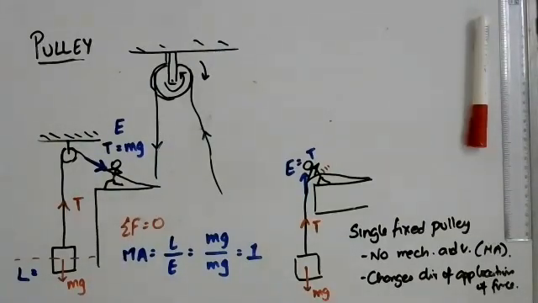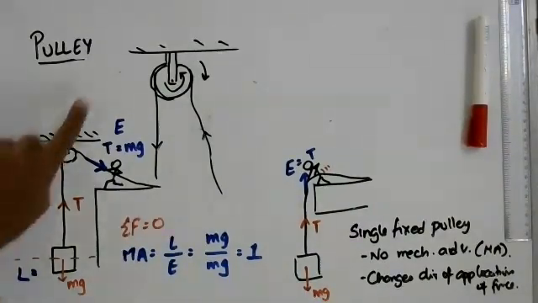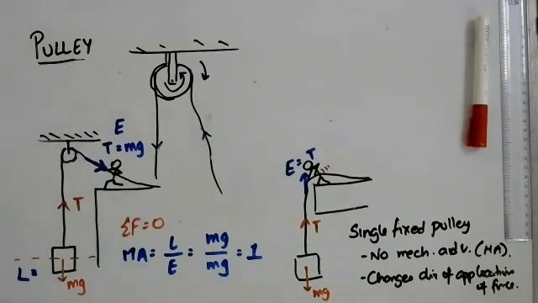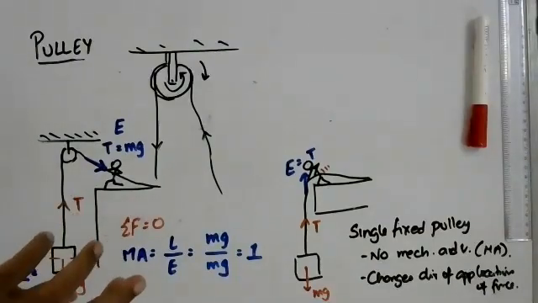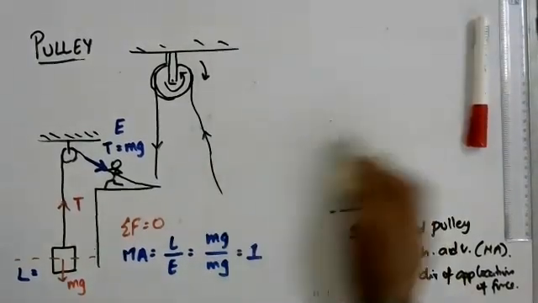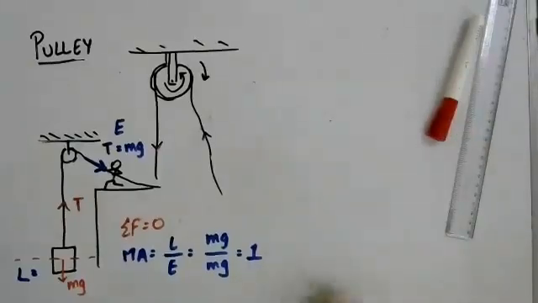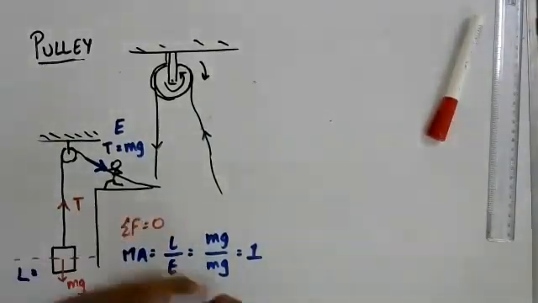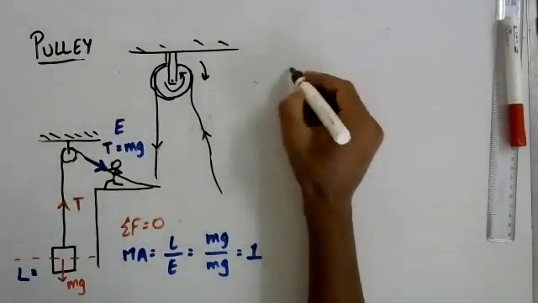Right. So that's the single fixed pulley. Now there's another type of pulley. Mind you, I have changed the spelling over there. I missed the E when I did the first part. You can change the way in which the pulley is set up in another manner, which is like this.